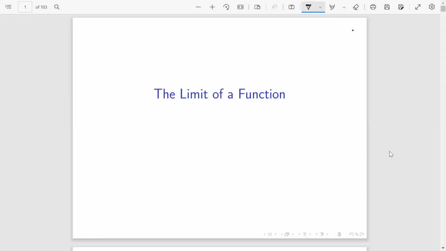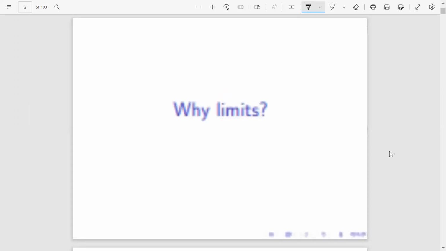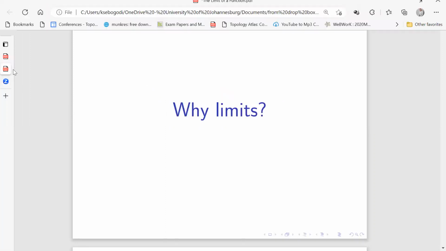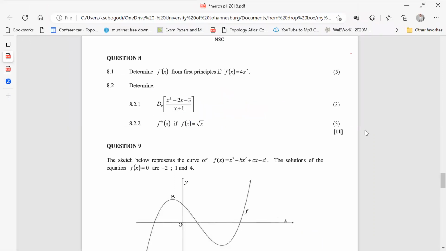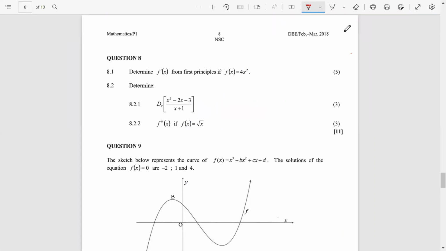on the coming slides. So we're going to be talking about limits of a function. So the question could be limits. Maybe before we get to the topic, I think you've seen limits before. Like for example, I took this question paper. It's 2018. So from this 2018, normally there's a question that says calculate f prime using first principles. And we know that the formula for first principles is your f prime of x is equals to the